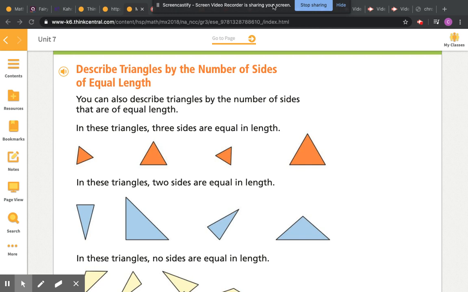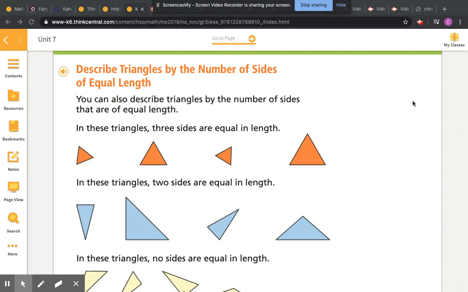Hello students, I am back here, so now I can explain to you what you're going to do in your math assignment today, which is on page 423. Okay, but before I explain to you what your assignment is, I want to go over the concepts that